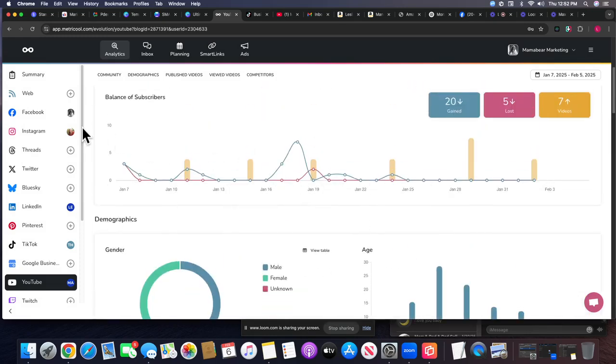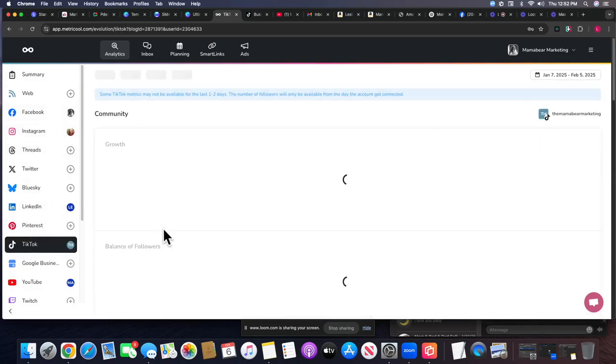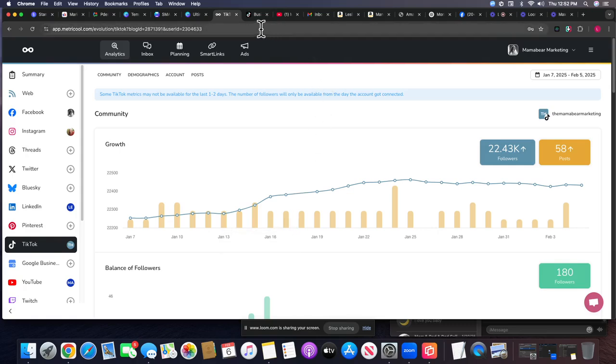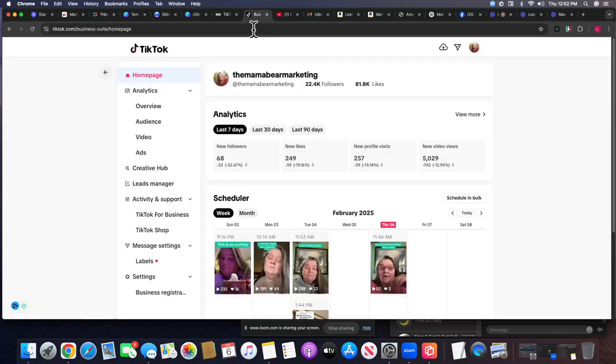It's absolutely critical that you track and analyze your data, because if you don't, you're just going to be poking and hoping, right? So the other thing that I use for analytics, I have a business account. So I have really, really detailed analytics, okay? As you can see here. Do I recommend you get a business account? Not necessarily. But for me, this was a logical step.